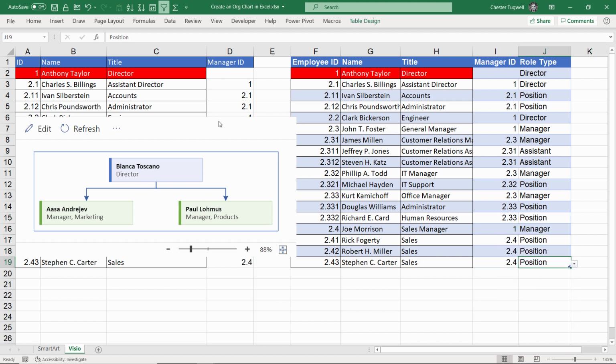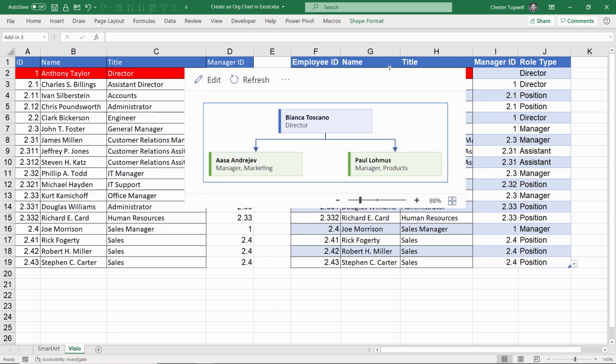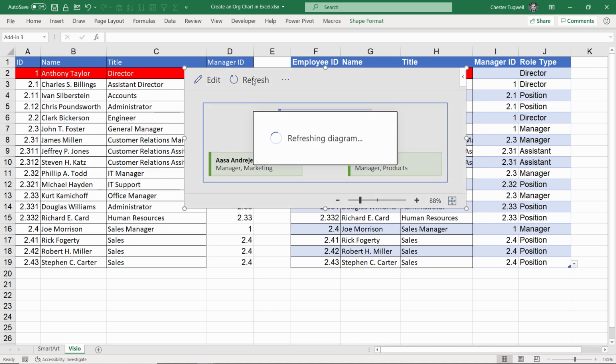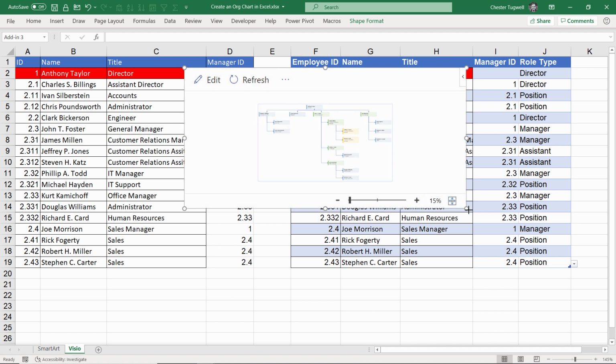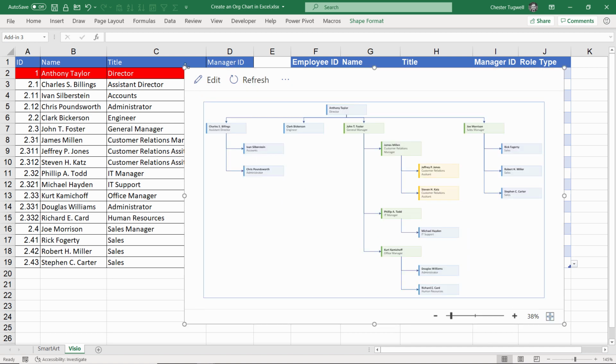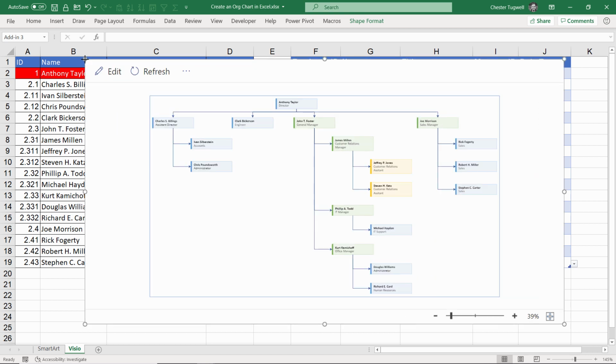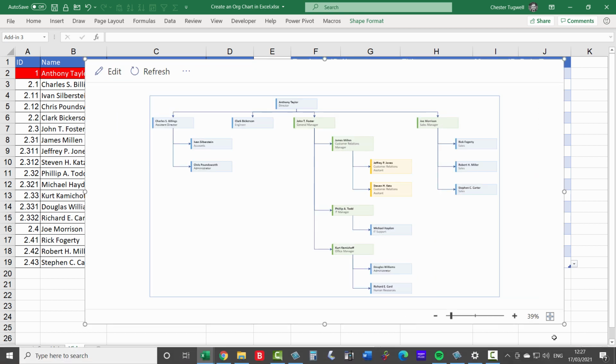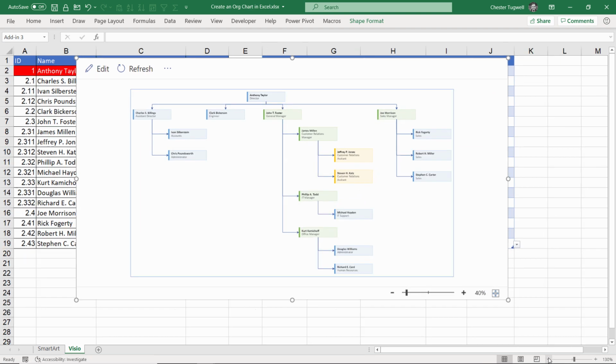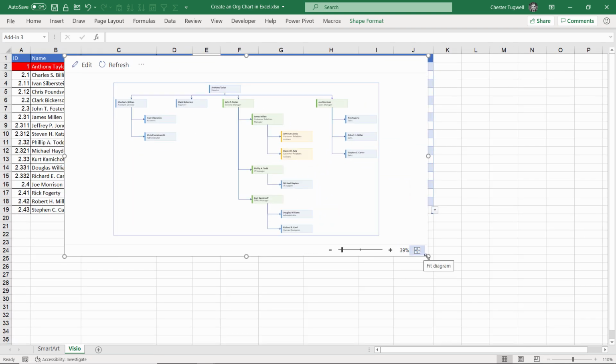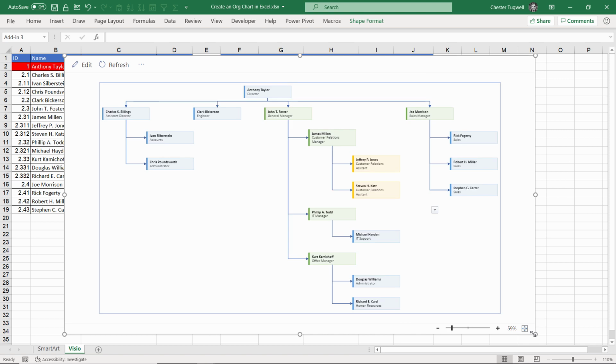Now, once you're done, you need to refresh your organization chart, and you can do that by just clicking on this refresh button, then resize, and you will get your organization chart. Now, it is quite small, I think, on the screen. So to get around that, what I've tended to do is zoom out on my spreadsheet and then enlarge the